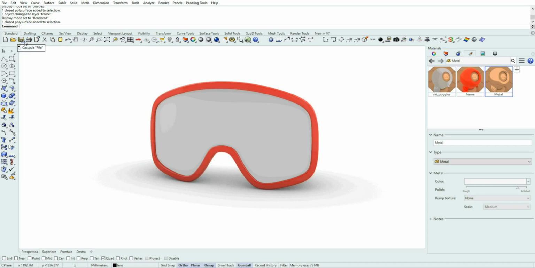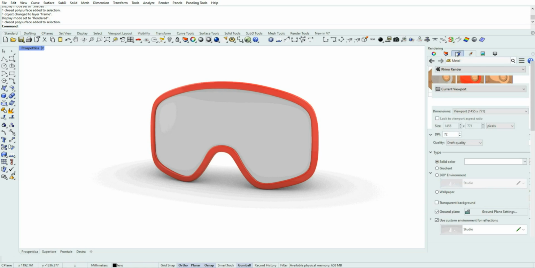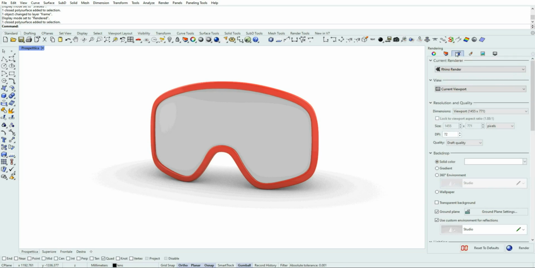As I said, my computer has a very weak graphic card, but I think it's a good example of what we can do also with old laptops or something. Now we are going to render this scene.